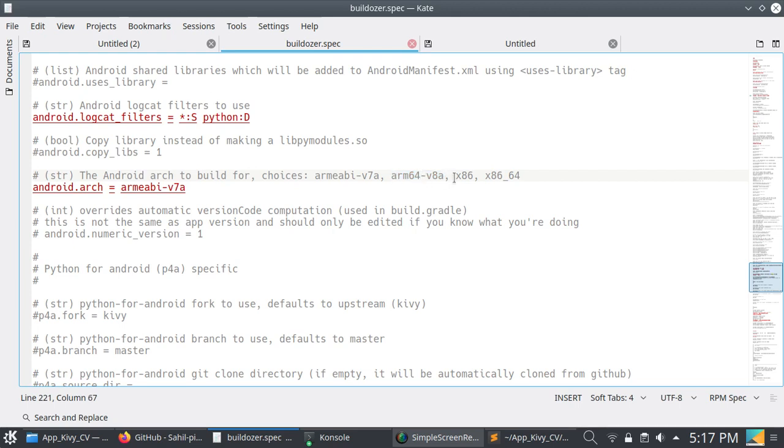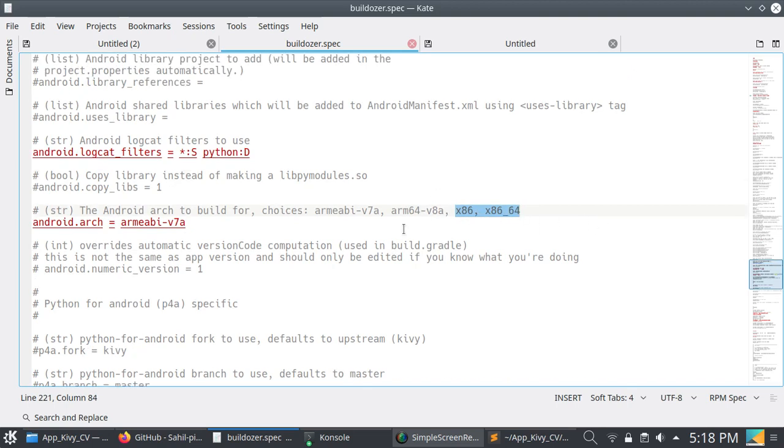And for other Android systems, for x86 processor or x86 64-bit processor, you can choose these things. I don't know whether it will work or not, because I've not tested. I have tested only on ARM Android, ARM processor.